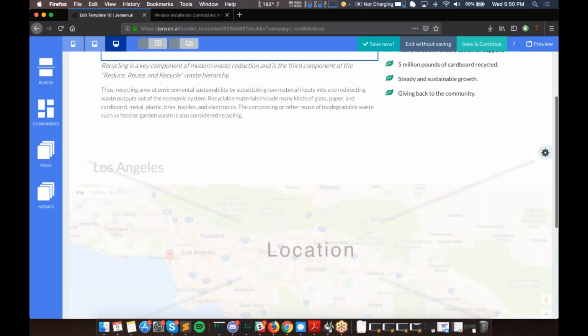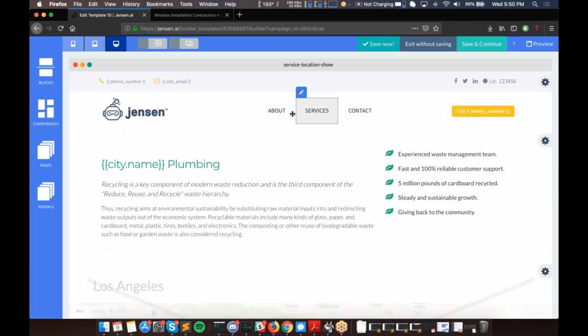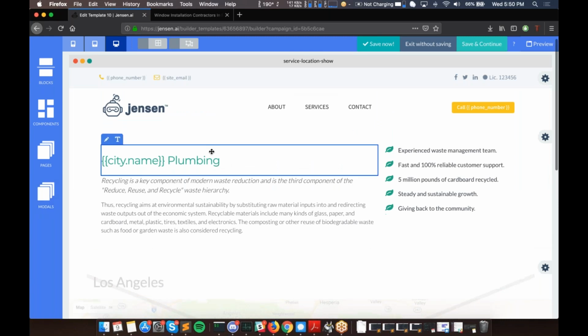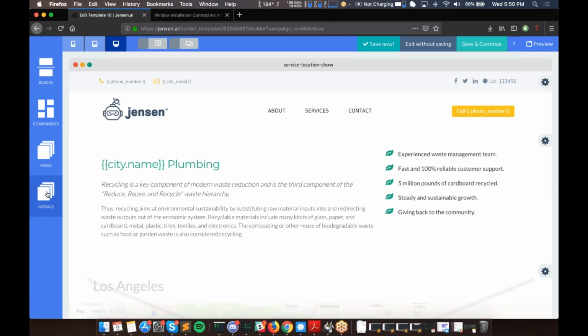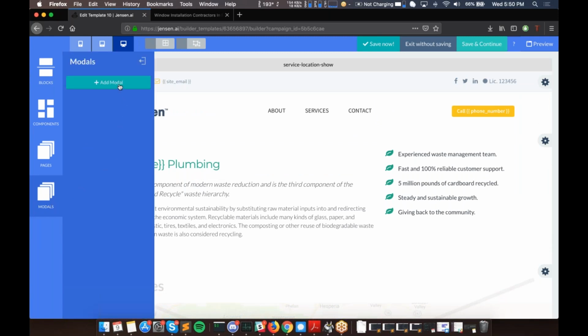So while I'm in the builder, let me just talk about some new functionality that recently came out that is still being actively tested. You might have noticed, or you might not have noticed if you've never logged in before, we have this new section for modals. And modals are just the light boxes that pop up. This is kind of the beginning of our move towards allowing landing pages and funnels, if you will, in the Jensen platform. So if I were to use the modal functionality, I could do something like